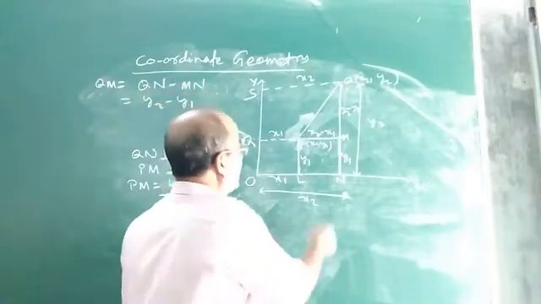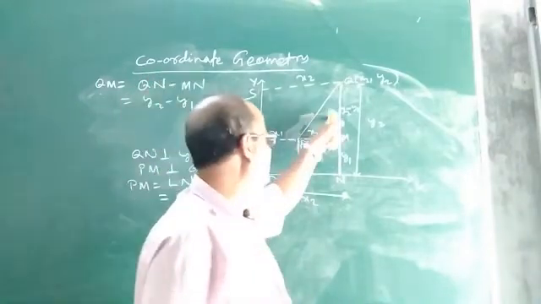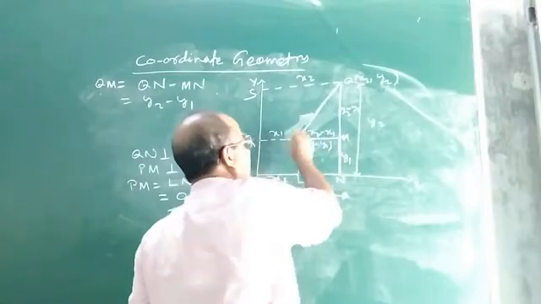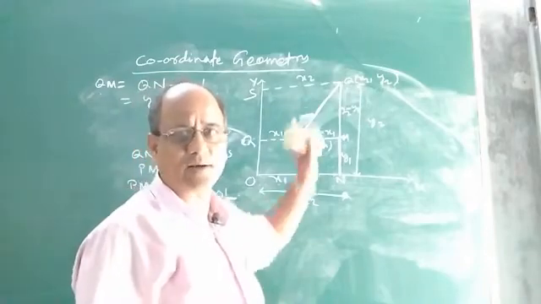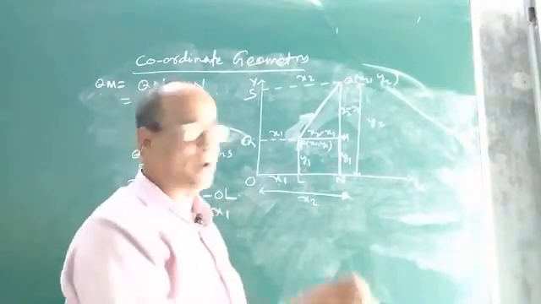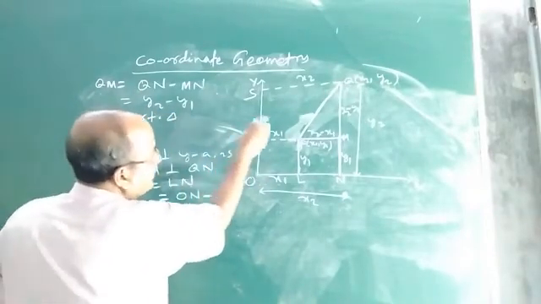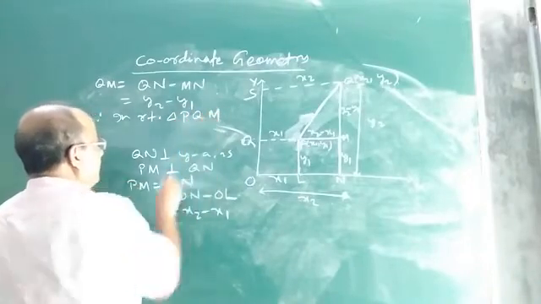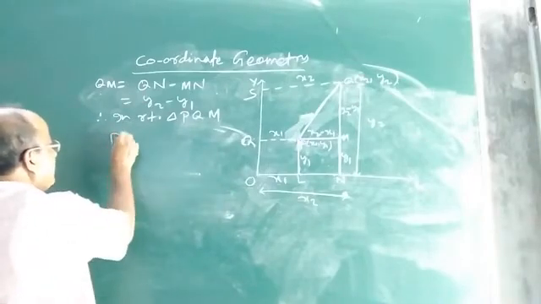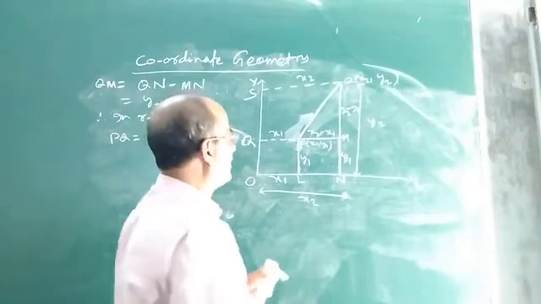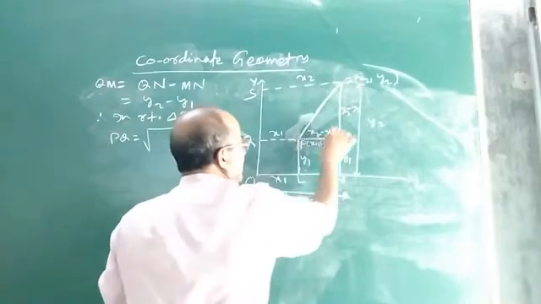Now look at the triangle PQM. What triangle is it? It is a right angle triangle. And as it is a right angle triangle, no doubt PQ is the hypotenuse. You know the Pythagoras theorem to find the length of the hypotenuse. So by applying the Pythagoras theorem in right triangle PQM, let us find the length of PQ, which is the hypotenuse of this triangle. This is the hypotenuse, this is the perpendicular and this is the base.